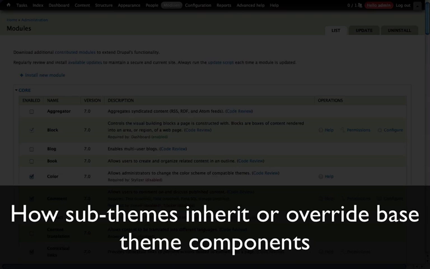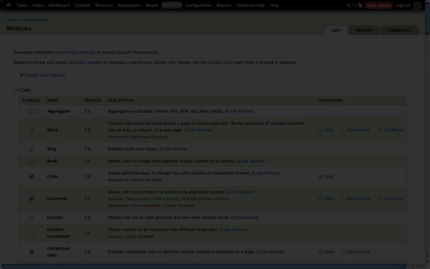In this section, we're going to talk about subtheme inheritance. In our previous video, we created a subtheme, and in the process, we saw that almost everything in a base theme transfers over to the subtheme or is inherited by the subtheme. But there are specific components that don't get inherited, and I just wanted to talk about each one of those,